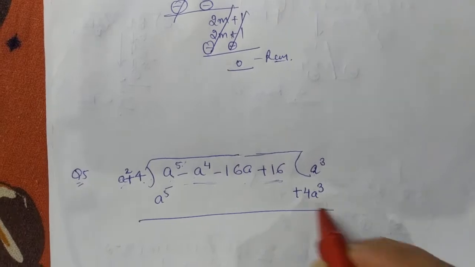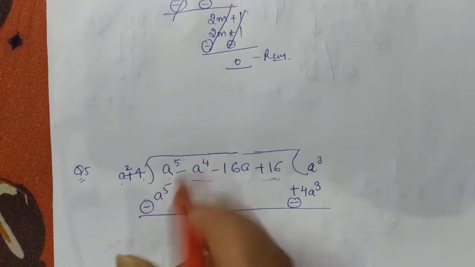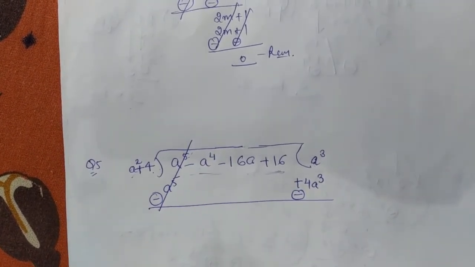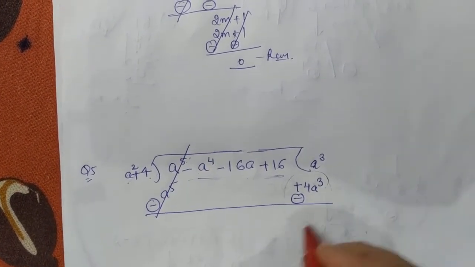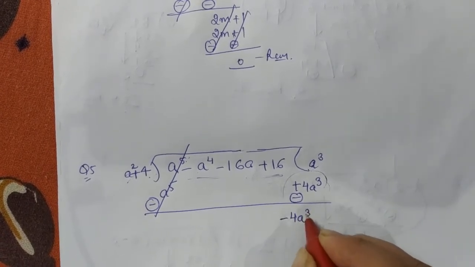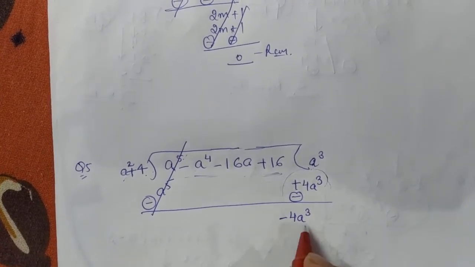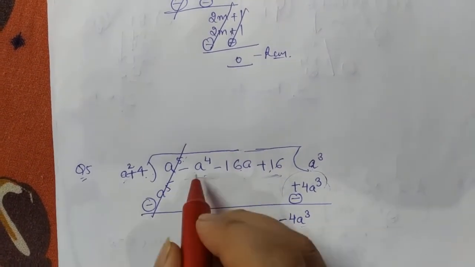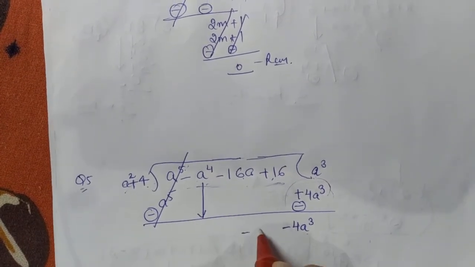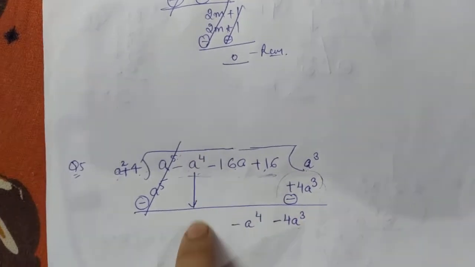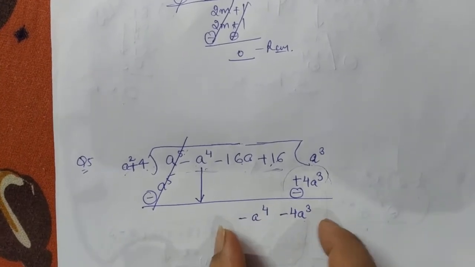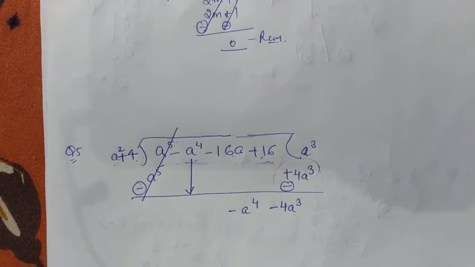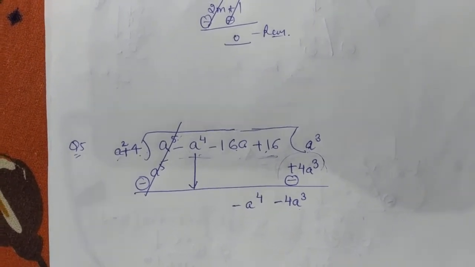As usual, when we do the subtraction, we have to change the signs of the terms which are coming in the down part. This got cancelled, and this 4a cube became now minus 4a cube. And along with this, now you have 3 terms to call down. Which one will you call first? Let's go in sequence. Let's call one term along with it, and which is minus a cube. Rather than writing it here, I am bringing it close to this one, so that these 2 terms are written together. Now as usual, let's proceed with the same target.